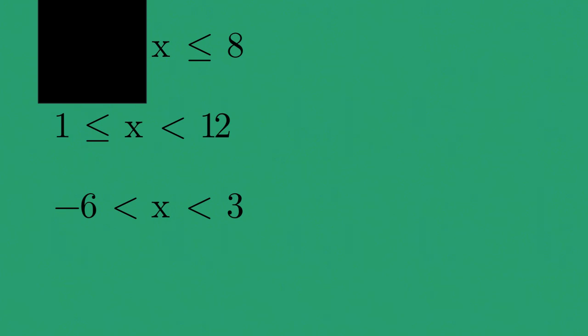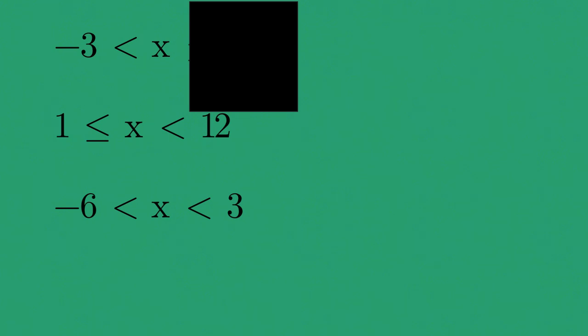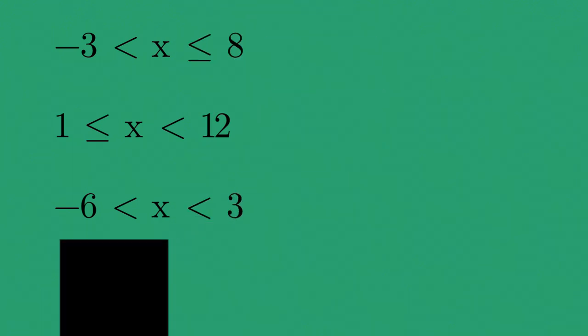X is less than or equal to 8. And what's that one saying? X is greater than negative 3. This inequality is describing values that are less than or equal to 8 and greater than negative 3. So, if we write this answer in interval notation, is the negative 3 going to have a parenthesis or a bracket around it? A parenthesis around negative 3,